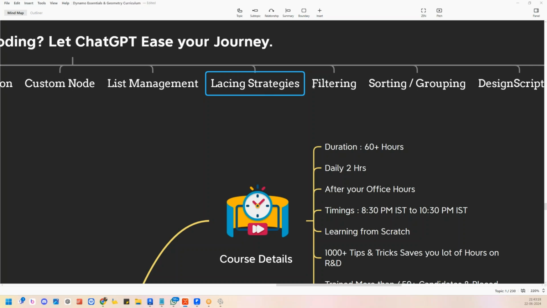Lacing strategies. I don't want to play with all the 1,000 elements in my model. I want to play only level-wise. I'm having 500 lights in level 1. And this is a 50-floor building. I'm having 500 elements on each and every floor. And they are not typical. They are like the Burj Khalifa, let's consider. So they are not typical. They have different heights, different